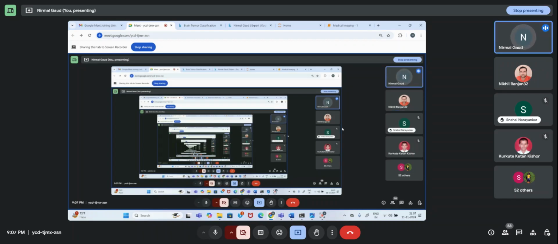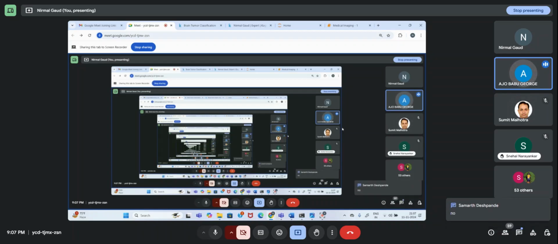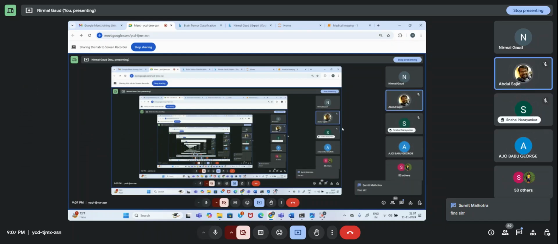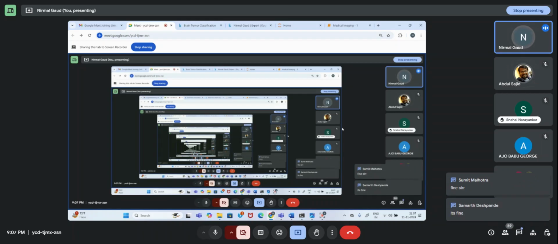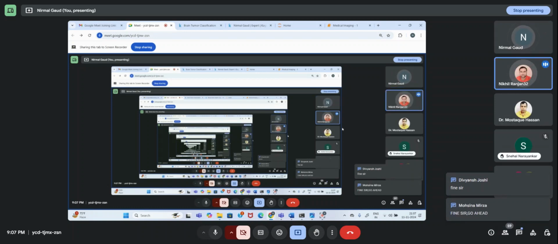Is it fine for all? Yes, sir, it's fine. Being from a medical background, everybody is fine sitting with the basics, the same space we have talked about. Most of the people here want to listen from the basics. They want to go from the basics. Directly starting the coding part is not feasible. I can understand, sir.